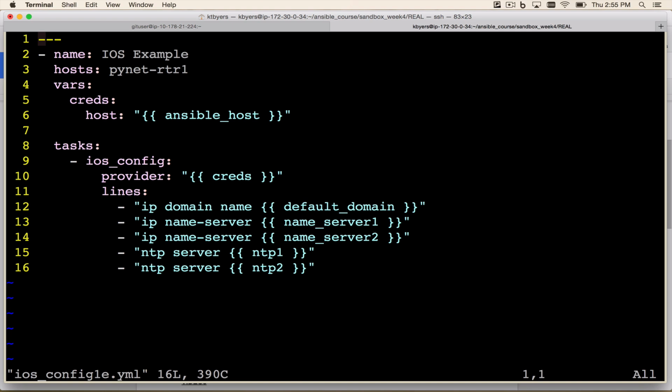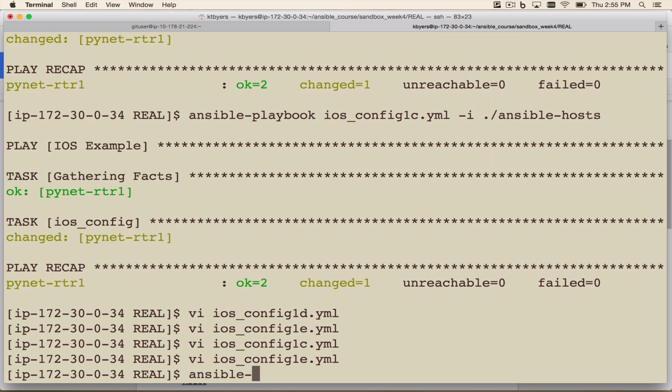Okay, now let's talk a little bit about how you can provide the username and the password just directly from the command line. Notice here I've specified only the host. There is no username or password being specified. I'm not passing it into this creds dictionary, so it's not being passed in to the provider. So in this case, if I just went and ran Ansible